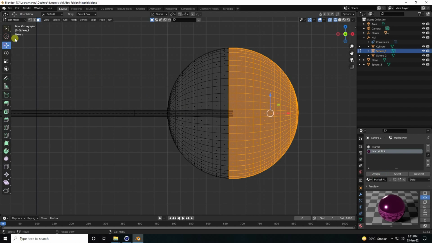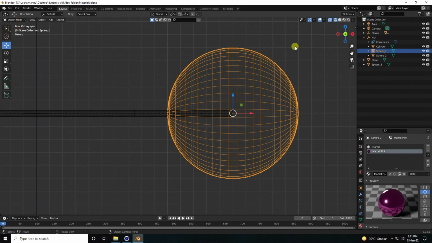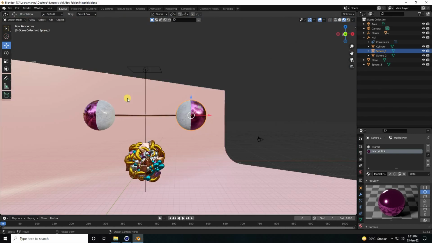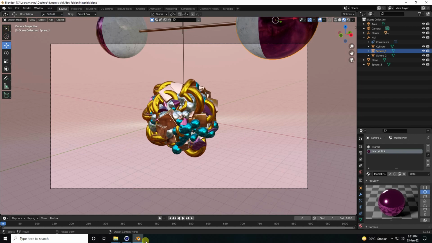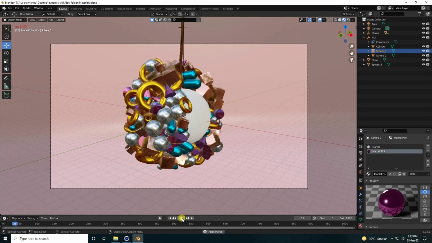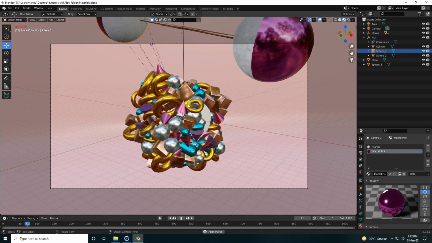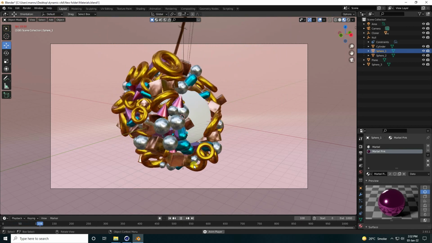Yeah, that's it guys. Object and Shader Editor, yeah. So go to back and press 0, yeah. So guys, go to back and play. Yeah, see guys, that's my final animation with beautiful material, right?